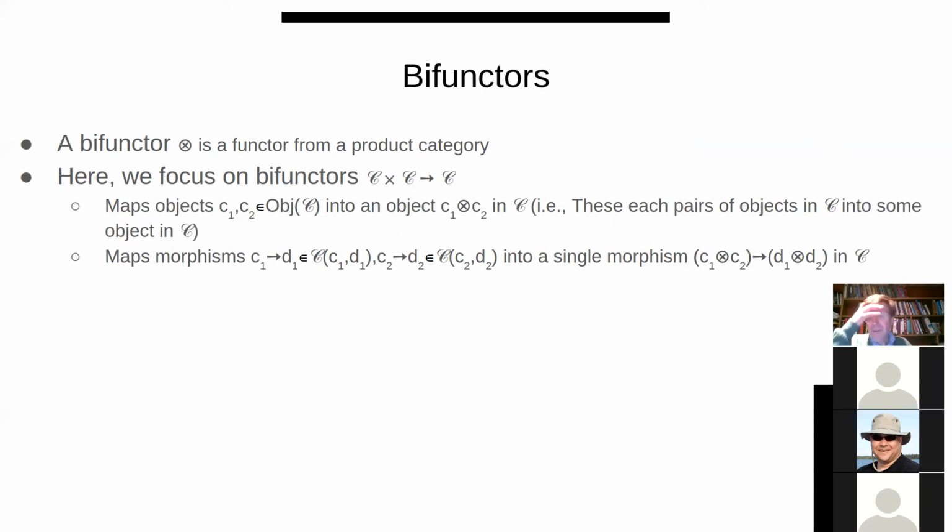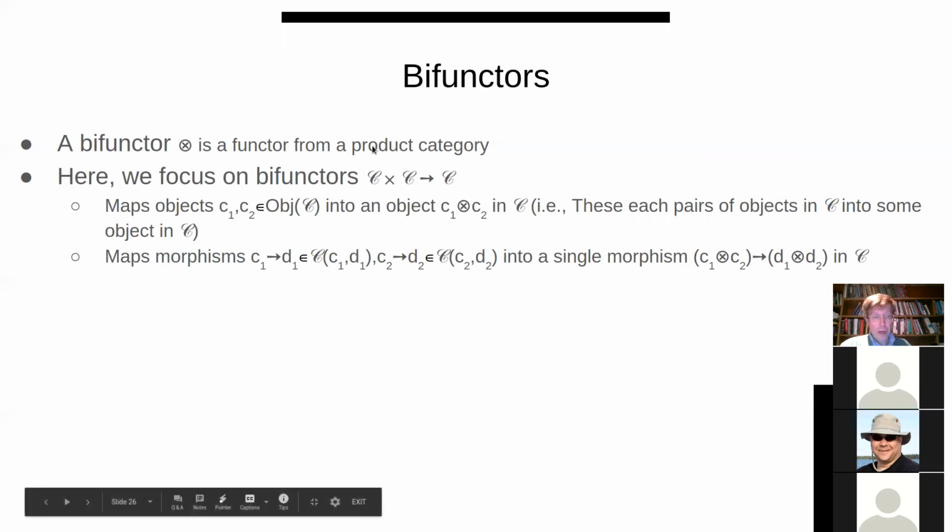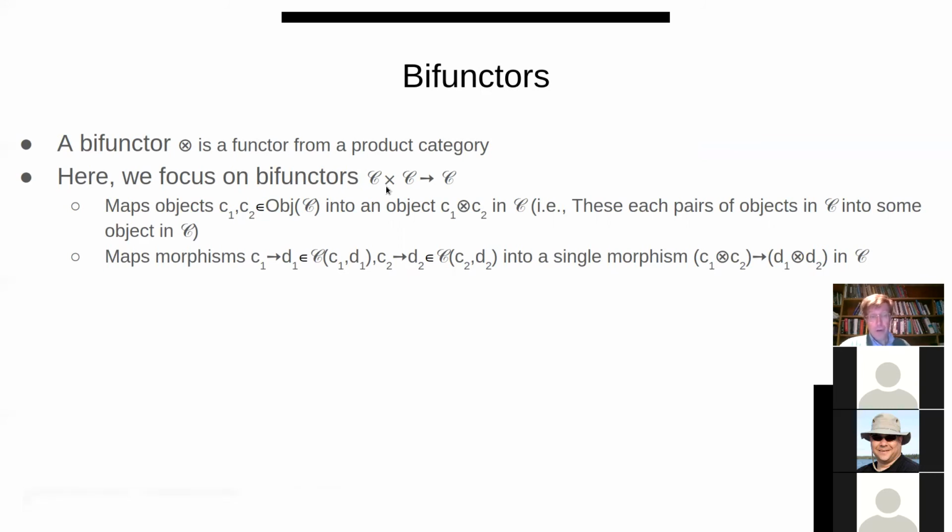Okay, and a Bi-Functor will, in some sense, presage the use of profunctors as well, which are sort of more interesting yet. But a Bi-Functor basically is a mapping. It's a functor, but it's a mapping from a very particular category to another category. So we're going to focus on Bi-Functors, which are, for a category C, from C cross C,